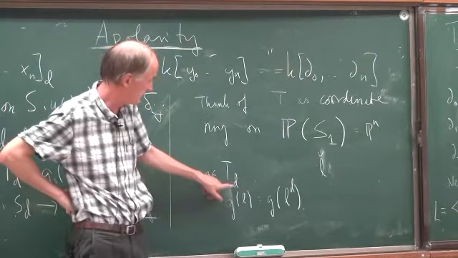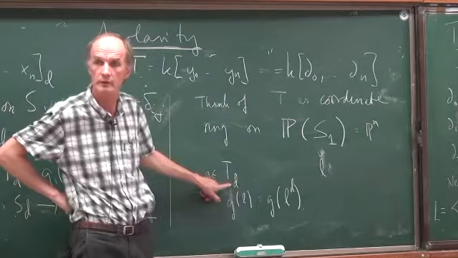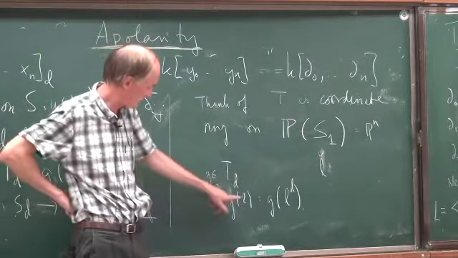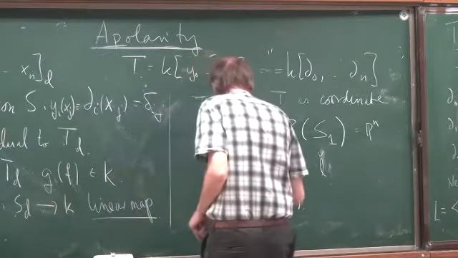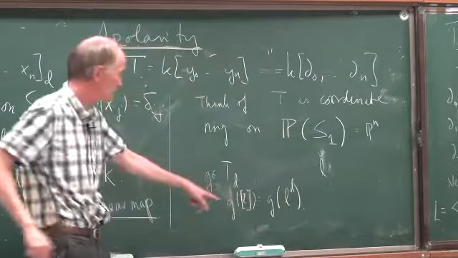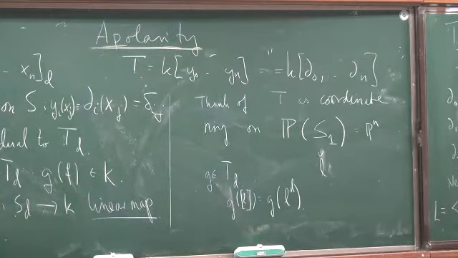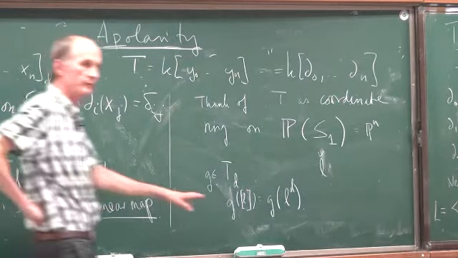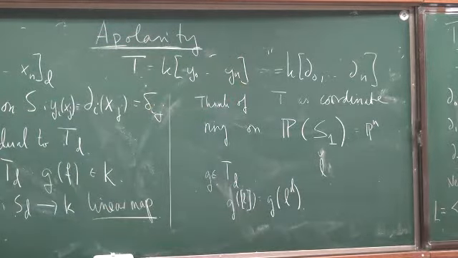If G has degree D and D is bigger than 1, it would kill everything, right? But the evaluation at the point is what I get by just evaluating this here. So it depends on that. This is a little bit of awkwardness, but it's not a big problem actually,